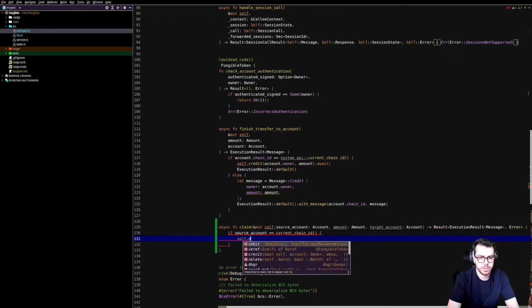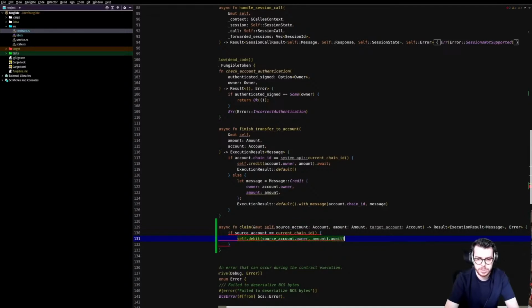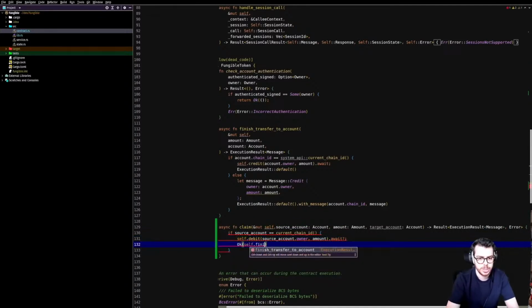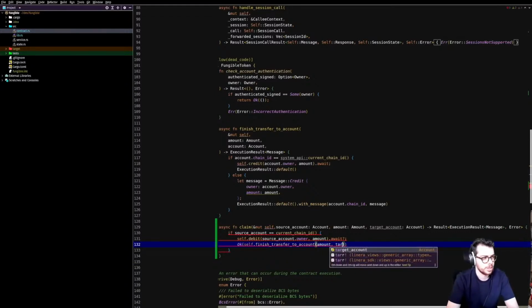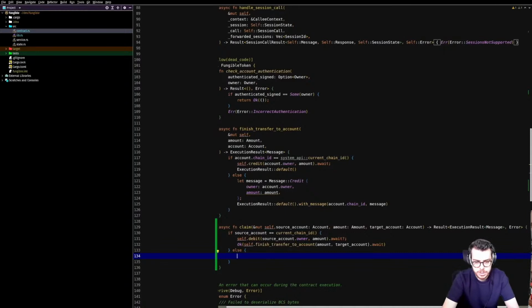What we're going to do is debit the funds from our local state. So source account dot owner for a given amount, and again this is asynchronous. And then finally we're going to finish transfer to account. Again, this is the method we defined last time. So we're going to be crediting the target account. Perfect. Now else, so if the source account chain ID is not the current chain,